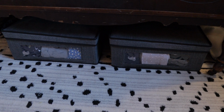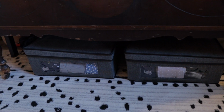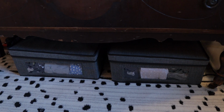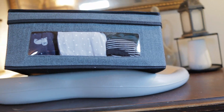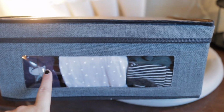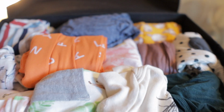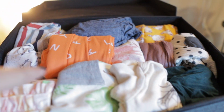And then, like I mentioned earlier, I'm going to show you guys how I am storing stuff that she can't wear yet, but that she will grow into in the next few months. So I picked up 2 of these little closet organizer bins from Amazon that fit perfectly underneath this dresser. These are super nice because you can see through the front. There's this little clear window, and they're a structured fabric bin. And inside each of them, I've got it organized by size. So these are all 3 to 6 months,